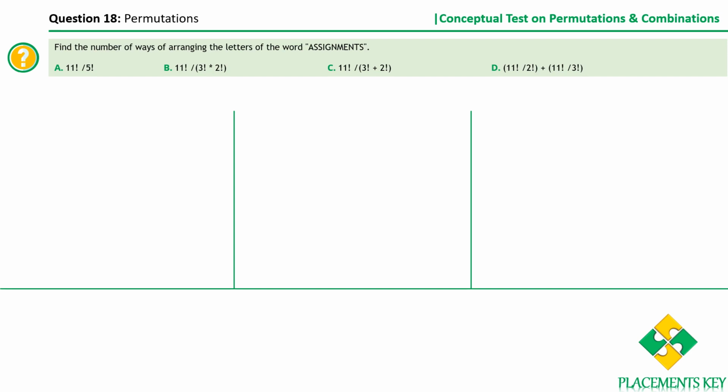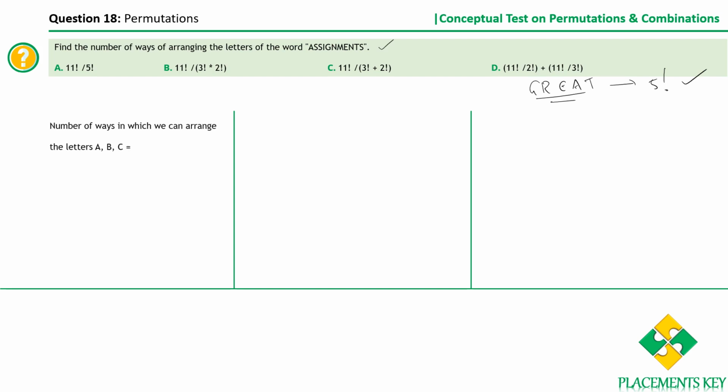We see that there is some kind of repetition here, right? For example, earlier, if the question was, say, great, we discussed this question. Here, since all the alphabets were different, the answer was 5 factorial. But in this case, there is repetition, because S is repeated thrice and N is repeated twice. So let's see how we can approach questions where some alphabets repeat.